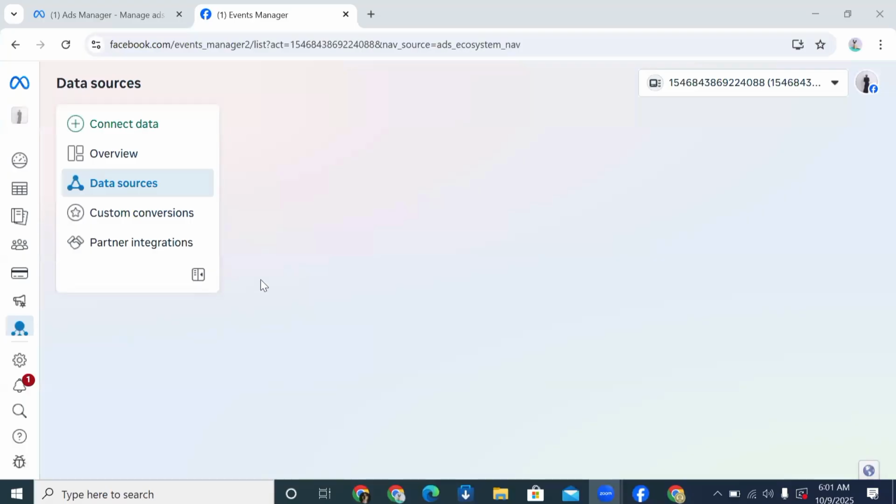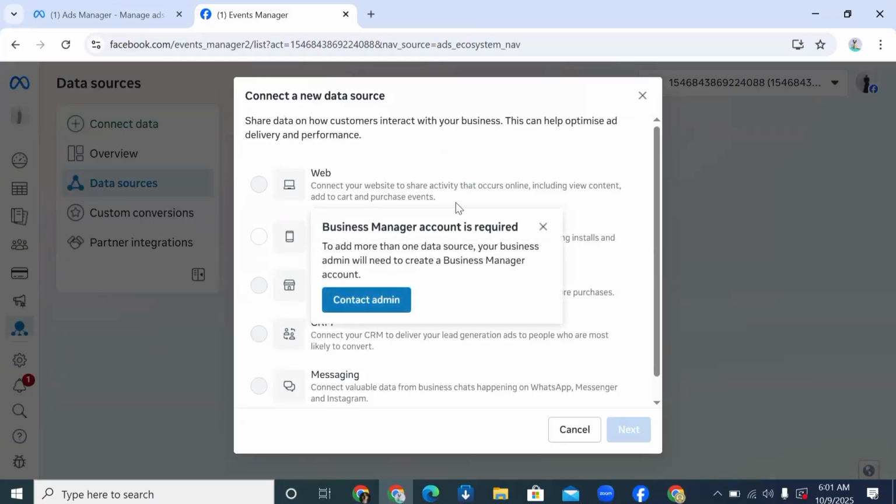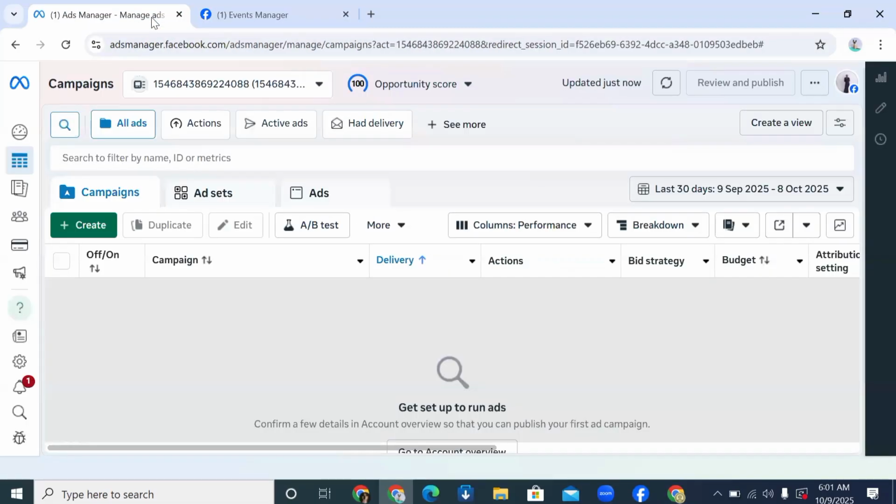Now the Event Manager has opened, and you'll be able to see connect data, overview, data source, but we're just going to go with connect data. However, I would like to say this: sometimes because of technical problems, Facebook tends to not show how we can create the pixel on Event Manager. So what you do in this case is to go back and click on create,